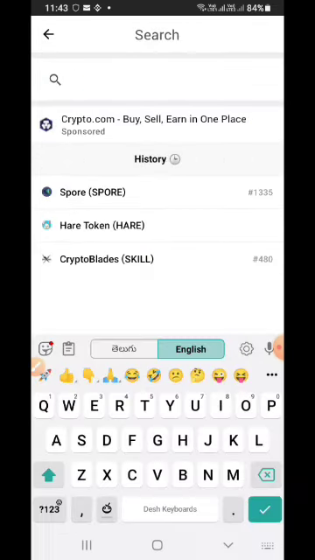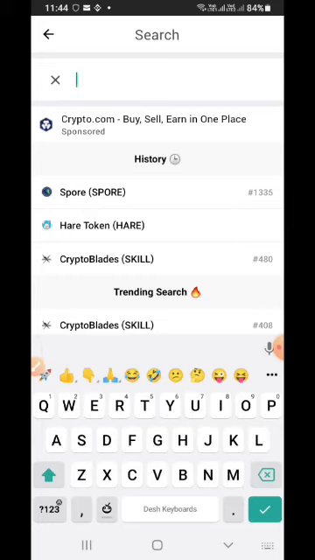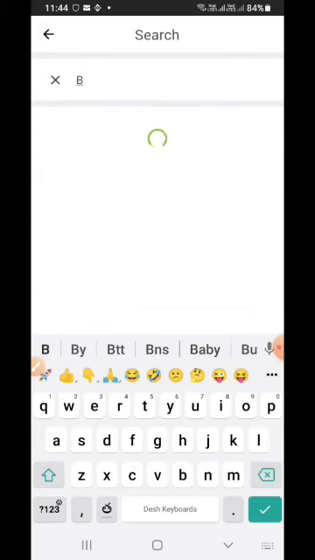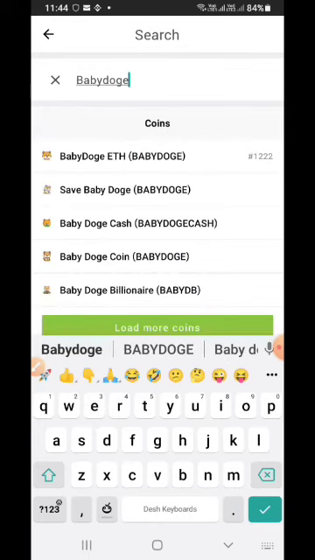Just type the coin name, whatever you want to buy. Baby Doge. Click on the Baby Doge coin.